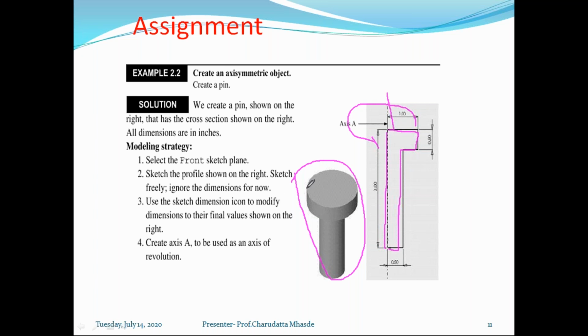So this kind of assignment is part of our practical. First we'll work on the sketch and various constraints on the sketch, and once we master this, we actually practice these kinds of models. You just need to know this is something you need to create. The first step is to choose a sketch plane, maybe the front plane, top plane, or side plane, and create a sketch like this. Here the dimensions mentioned are 0.50, 0.50, 1.0, and 3.00. Whatever sketch you have created, you need to revolve around the axis.